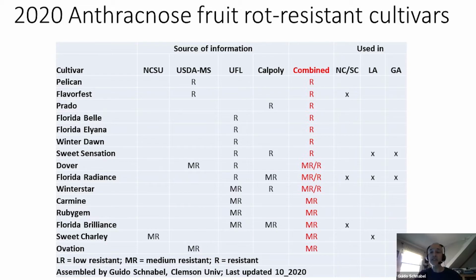And then we have got some that have some tolerance to the disease, but they still get it if disease pressure is high. Those are Carmen, Ruby Gem, Florida Brilliant, Sweet Charlie, and Ovation. Some of those cultivars are already being used in North Carolina, South Carolina, Louisiana, and Georgia, which I have indicated here on the right-hand side. And if you have experience with those cultivars, please let me know, and I would add this to this table for everybody to